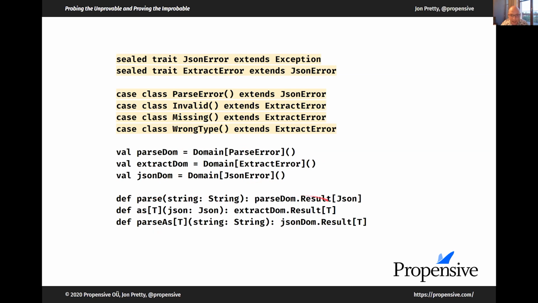Parsing takes a string and returns a parse domain result. The as method is what converts from a dynamic type to an actual typed value. This is going to return an extraction result, and likewise, if we define parse as going straight from a string to a typed value, this will contain any of those four possibilities.